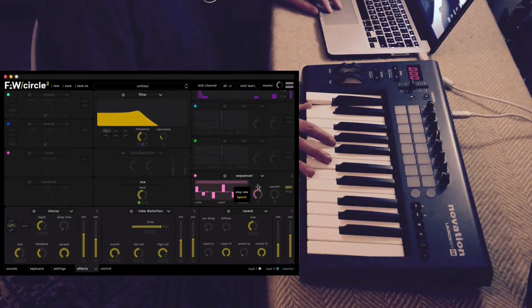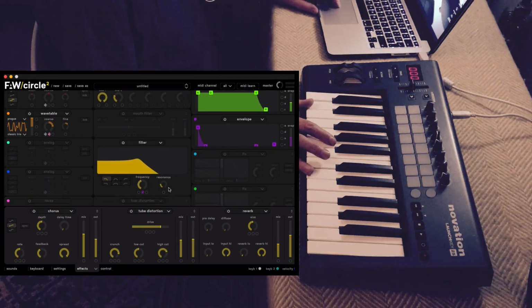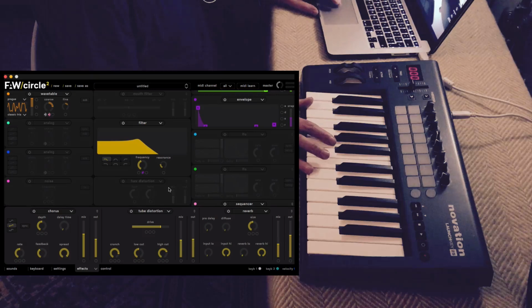Put sync on. Okay, so what it's doing is modulating the pitch of the second oscillator, and I'm trying to